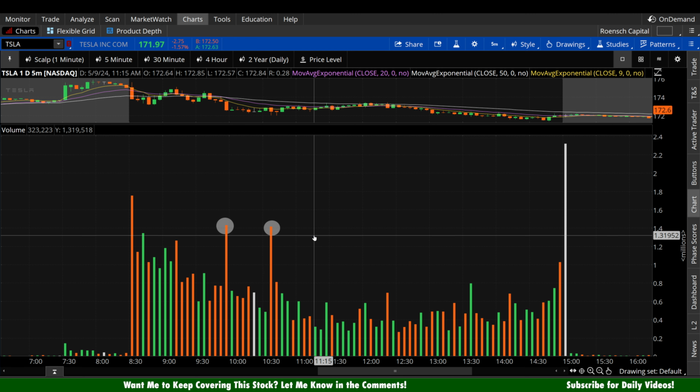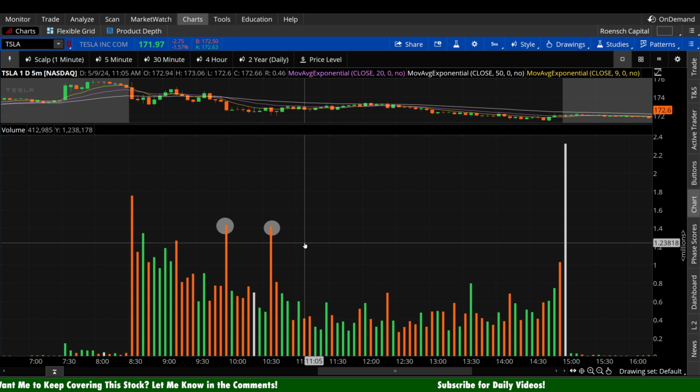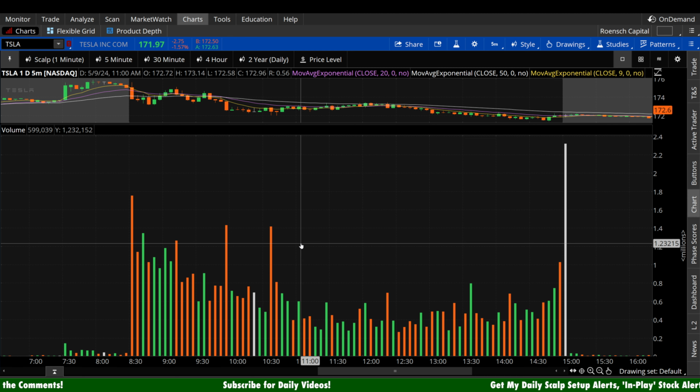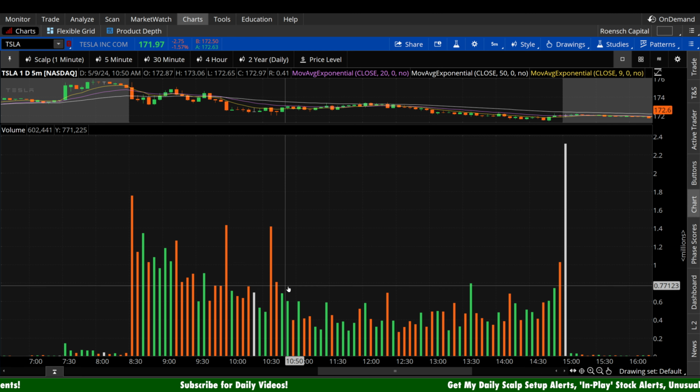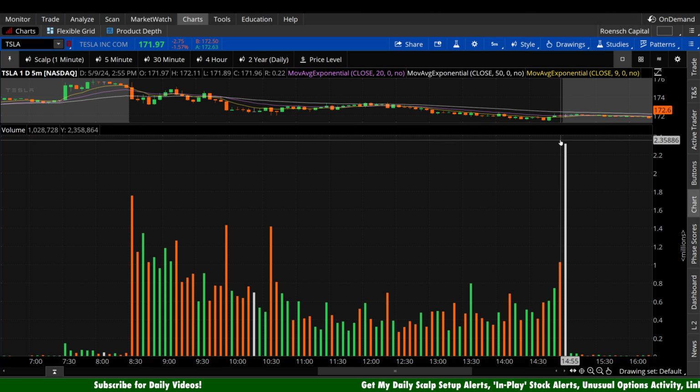A lot of people are going to be tempted to look at those and say, wow, that looks like bearish bias to me. But the truth is, even if those were green, I can't assign any bias to those because they're outliers, right? It's one bar, and there's too much of a risk in reading into one bar. That's why I'm always looking for consecutive bars. So if we move through the day here, we really didn't get any of that,